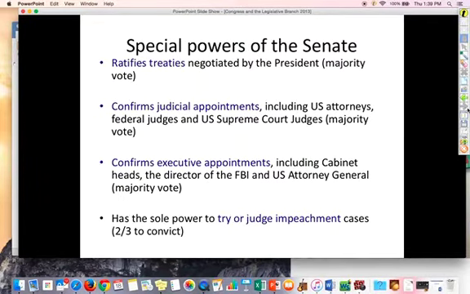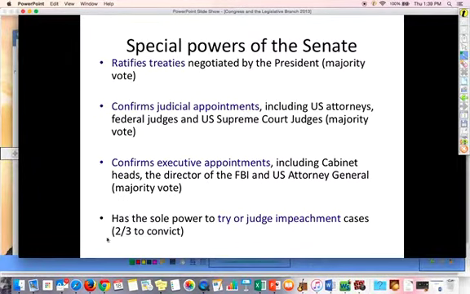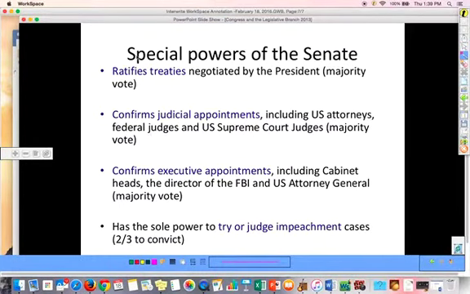So the last portion of the Senate, I just want to go over special things that the Senate can do. The Senate alone has these powers, just like the House alone had its own. So the Senate can ratify treaties. They're the only body, once the president puts it toward them, that has to ratify treaties. They also confirm judicial appointments, confirm executive appointments, and they have the sole power to convict impeached officials, and we talked about 2/3. So this ends our first section on the House and Senate leadership.